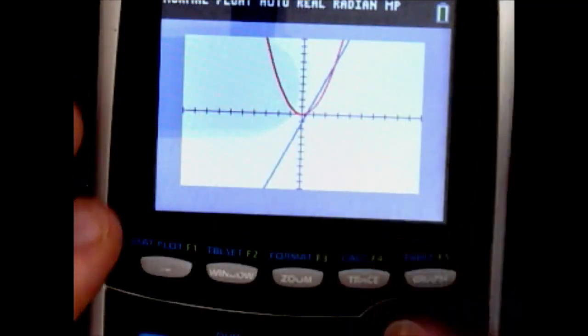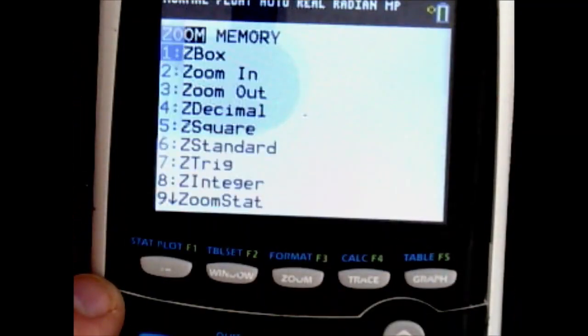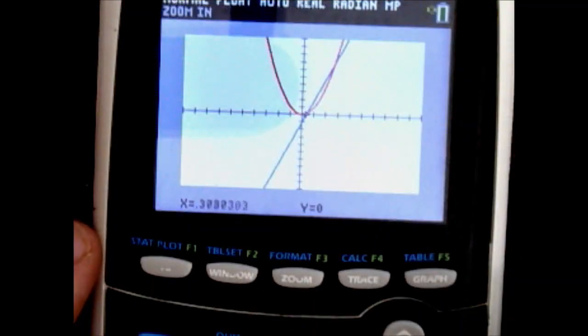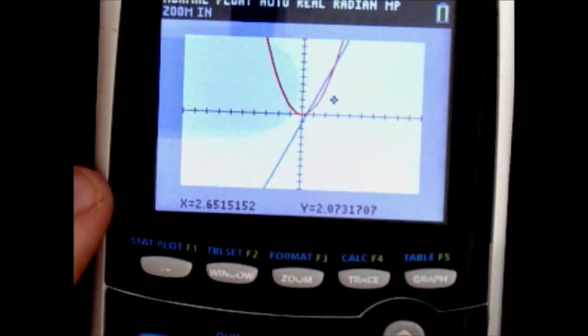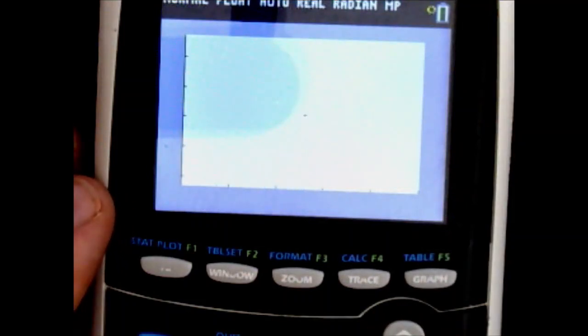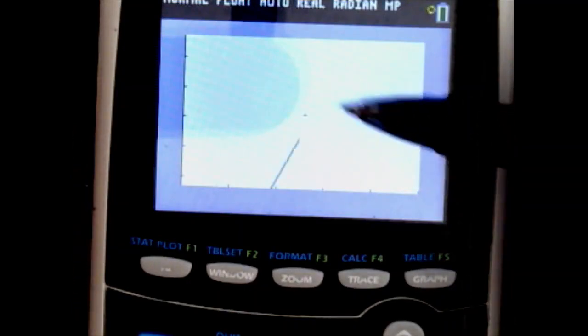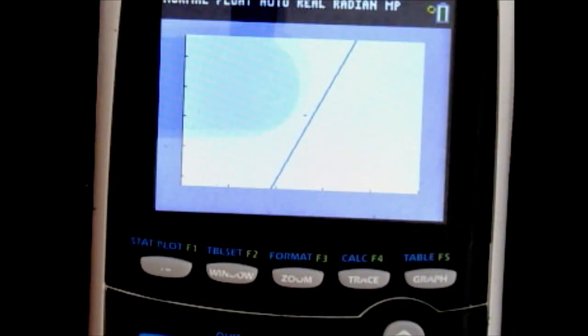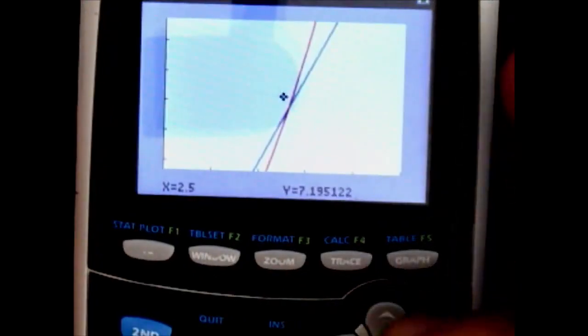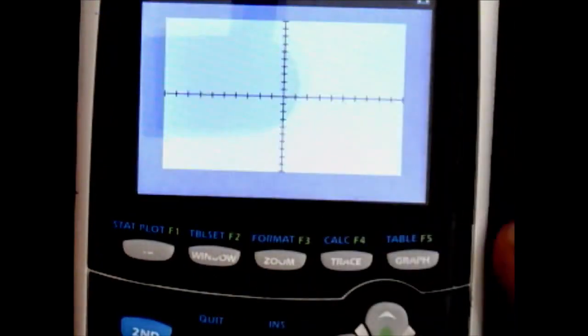Alright, now if I want to zoom in, I hit zoom 2, and now you move this little cursor. If you move left or right, up or down, you see the little cursor there. You can move it to whatever you want to zoom into. Let's say we want to zoom into that point right there. So move it to it and then hit enter, and now your new screen will have that one spot that you wanted to look at as the center of your new screen. So see right there. Now you can go back to zoom 6, standard window,